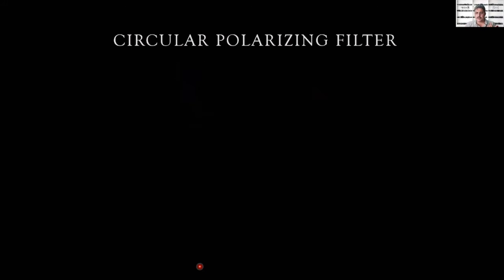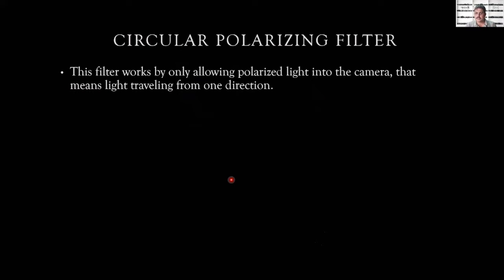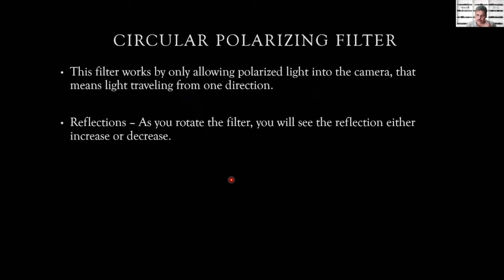Now, I'll give you another example here. See, this works only allowing a polarized light into the camera. So that means the light travels only in one direction. So all the light which is traveling in all other directions is lost. Now this gives you quite a lot of advantage. That means the reflections, I'll show you the example later, but reflections are light sources which come in multiple directions. So they are bouncing together in multiple directions. When you are cutting all those directions and allowing only the light to come in one direction, you are reducing the reflection.